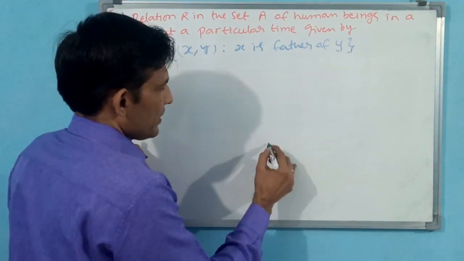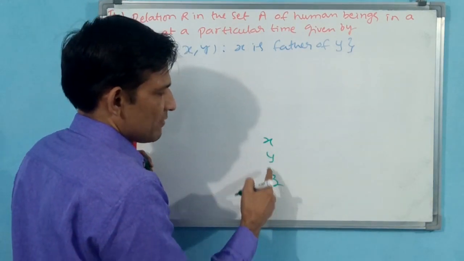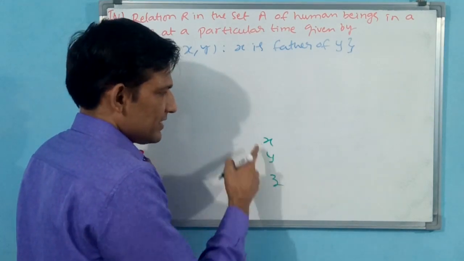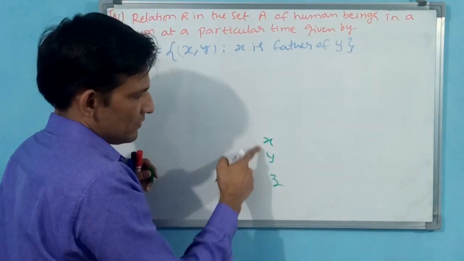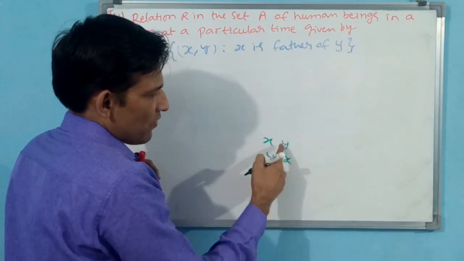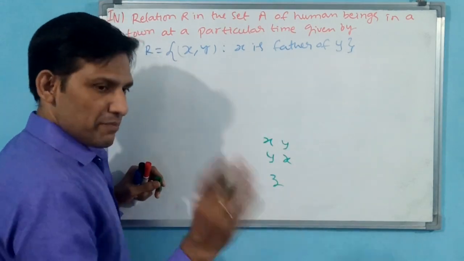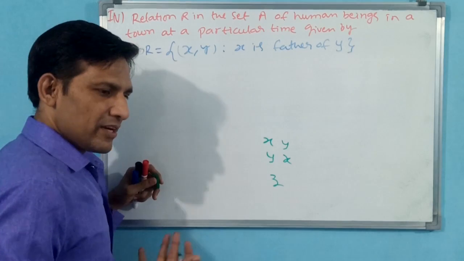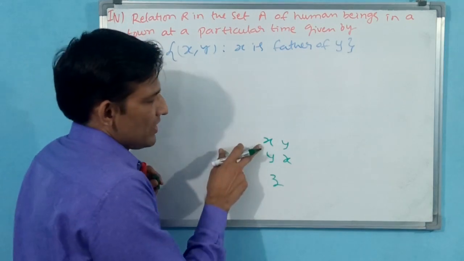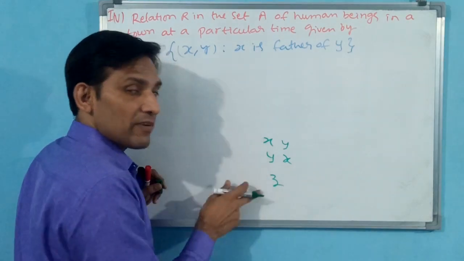You see, x is there, but y is there. Y is father to x, but again z may be there. Z is father to y. Y is father to z. X is father of y. Y is father of z. You cannot reverse it like this. Y is son of x, but y is not father of x. That means not reflexive, not symmetric. Even x to x, x cannot be father to himself, not reflexive, not symmetric also over. Transitive also you see. When x is father of y, y is father of z, x cannot be father of z, but grandfather he will be. Okay.